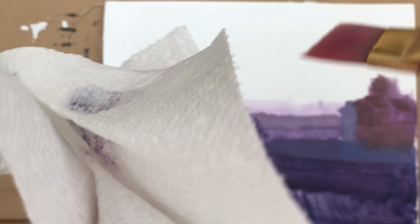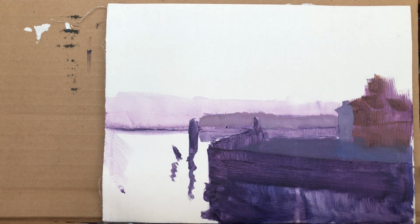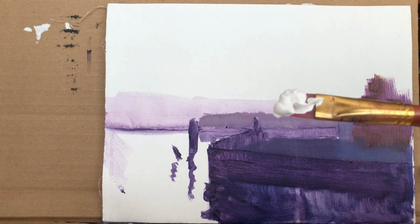Okay, and let's see what happens, because I don't know why I was getting that brownish color, which wasn't very pleasant at all. All right, so once we have established more or less where the shapes are going, we're going to begin with cleaning an area of the palette. I have now several areas of brownish colors and mixes that I'm going to use. But right now I wanted to have an area of cleaner space for a lot of white